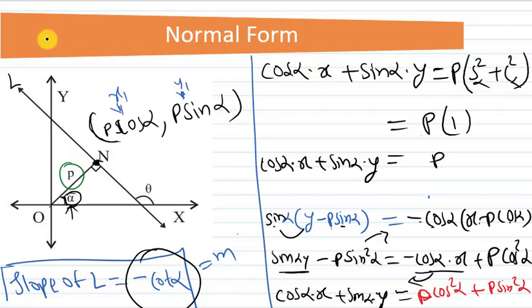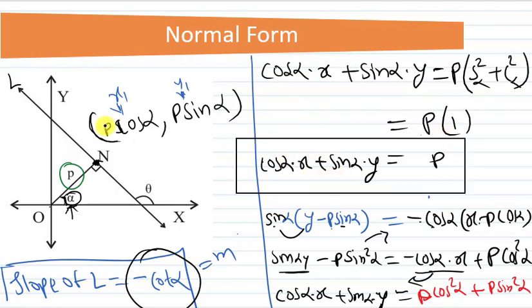So this is the equation of the line in the form of normal form. That means here you can observe this is the equation of the line L. Here to find the equation of the line L, we have used the credentials or the given information about the normal from origin. That is the distance of the perpendicular or the length of the perpendicular P. This is the length of your perpendicular, right? This is your length of perpendicular. And this alpha is your inclination of this perpendicular. Here I am using sin alpha and cos alpha here.